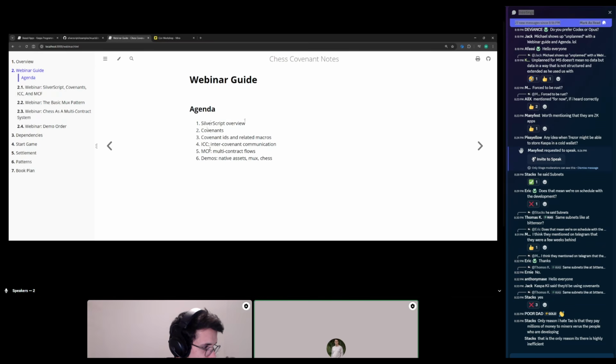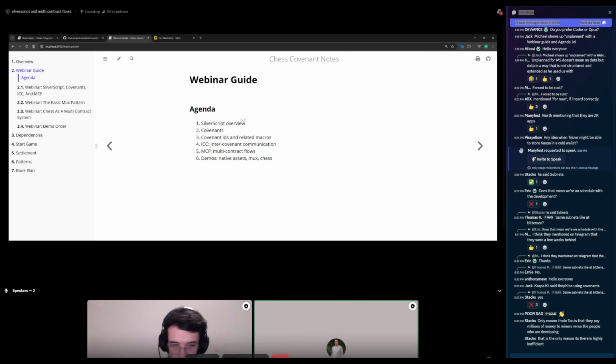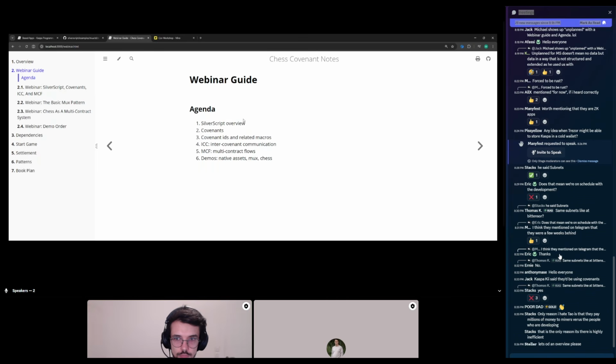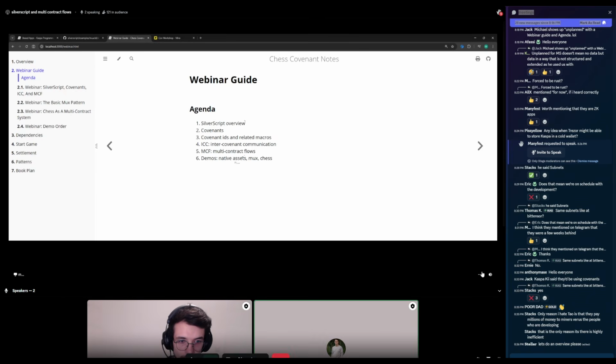So you think we should do a fast Silverscript overview? We could. I think it's interesting, at least explain what it is and how it is related to covenants. Yeah, so maybe I think that can happen through the examples. Like I can go directly to